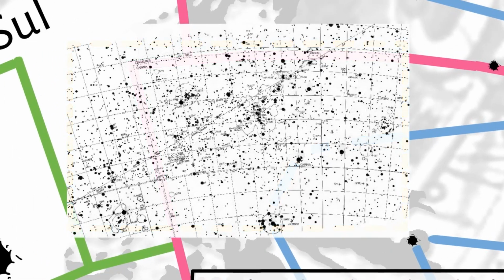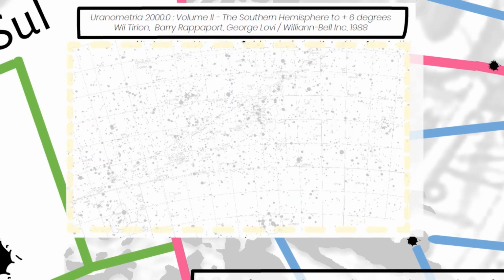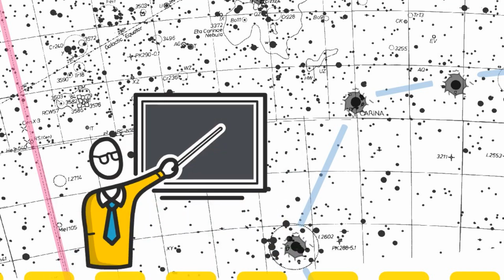Let's move on to a more astrophotographic representation of this region. For this, I'll use an important reference when it comes to mapping the night sky. Note that as it's a region located on the plane of the spiral arms of the Milky Way, there is no shortage of stars to show. Oops, we're back to the faint stars that were already being shown. Here they are, superimposed on the cartographic representation of this region. To give an idea of scale, I'll place on this cartographic representation